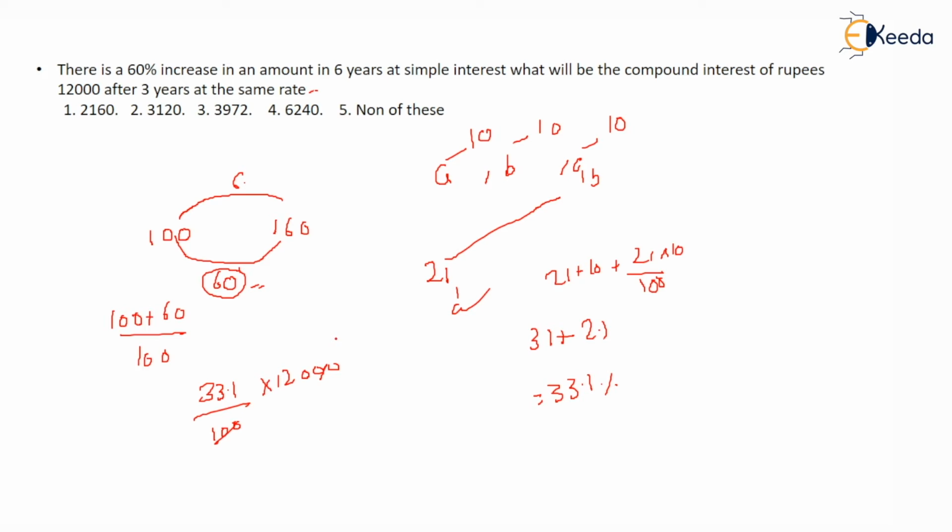3939 and something 82 or 72. 82. So you can see here is this option. So you can simply tick mark this, okay? So this is how you need to solve these questions. The approach needs to be very clear, and this question will be solved.